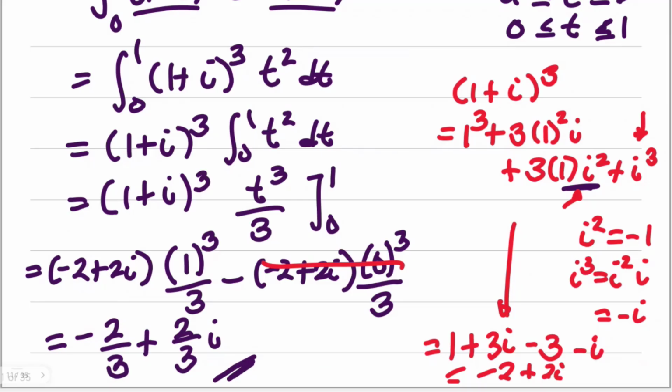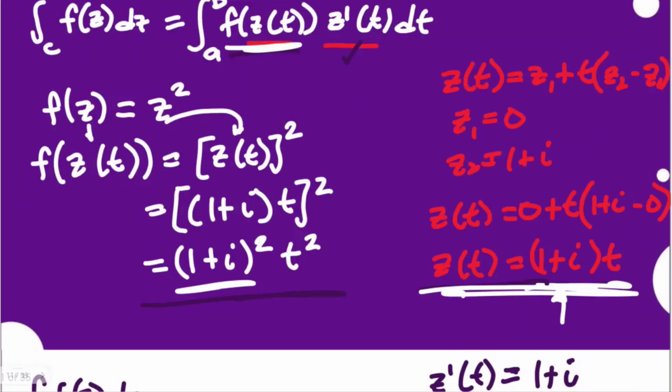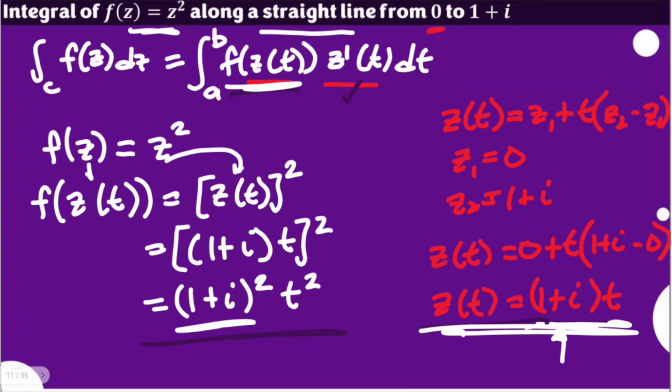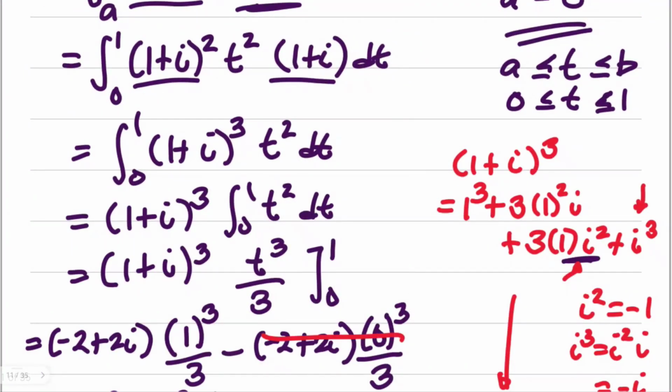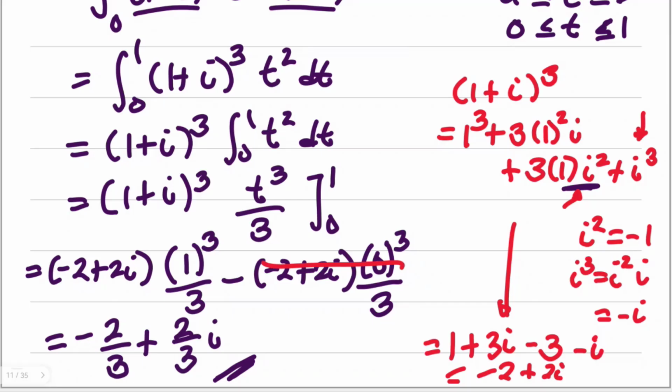This is the integral of the given function z squared along a straight line from 0 to 1 plus i, using the parameterization for straight line and all of these necessary operations and techniques in getting the integral, specifically the constant multiple property, and this idea here of allowing us to simplify this further.